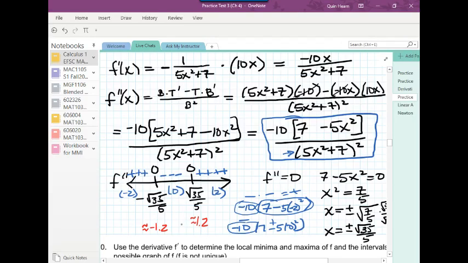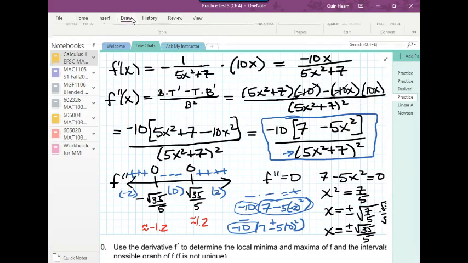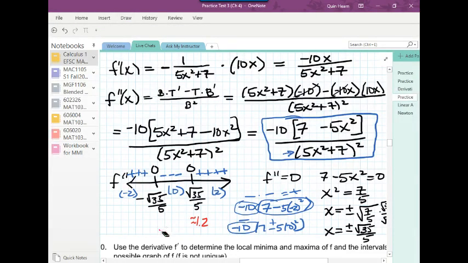Okay, so looking at our second derivative, remember here, the denominator is always positive because it's a number squared. It's actually a positive number squared. So you can disregard the denominator and just look at the sign of the numerator, because the denominator won't affect the sign. So I'm going to find the sign of negative 10 times 7 minus 5 times negative 2